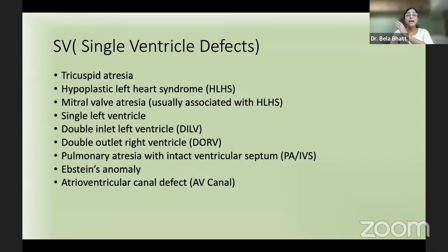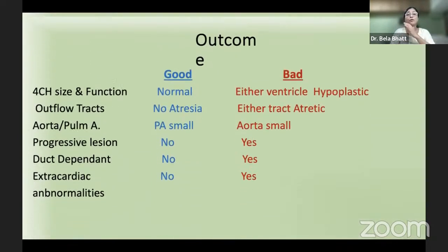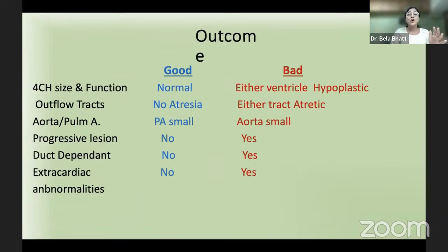When there is tricuspid atresia, hypoplastic left heart, we saw here the mitral valve atresia, single left ventricle, double inlet left ventricle, etc. I'm not going to complete the list. So overall, if you have to look at it, when you look at your 4-chamber view and the outflow tracts,